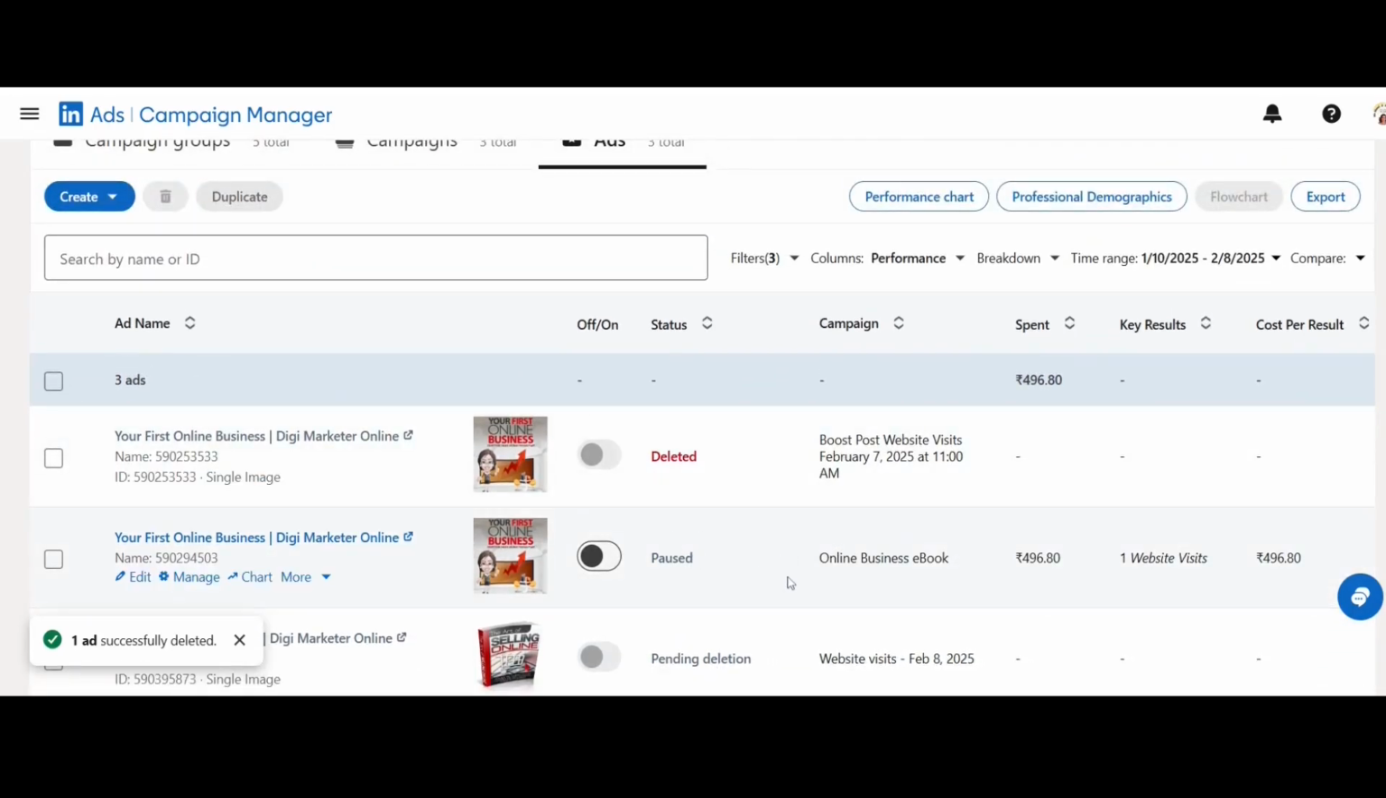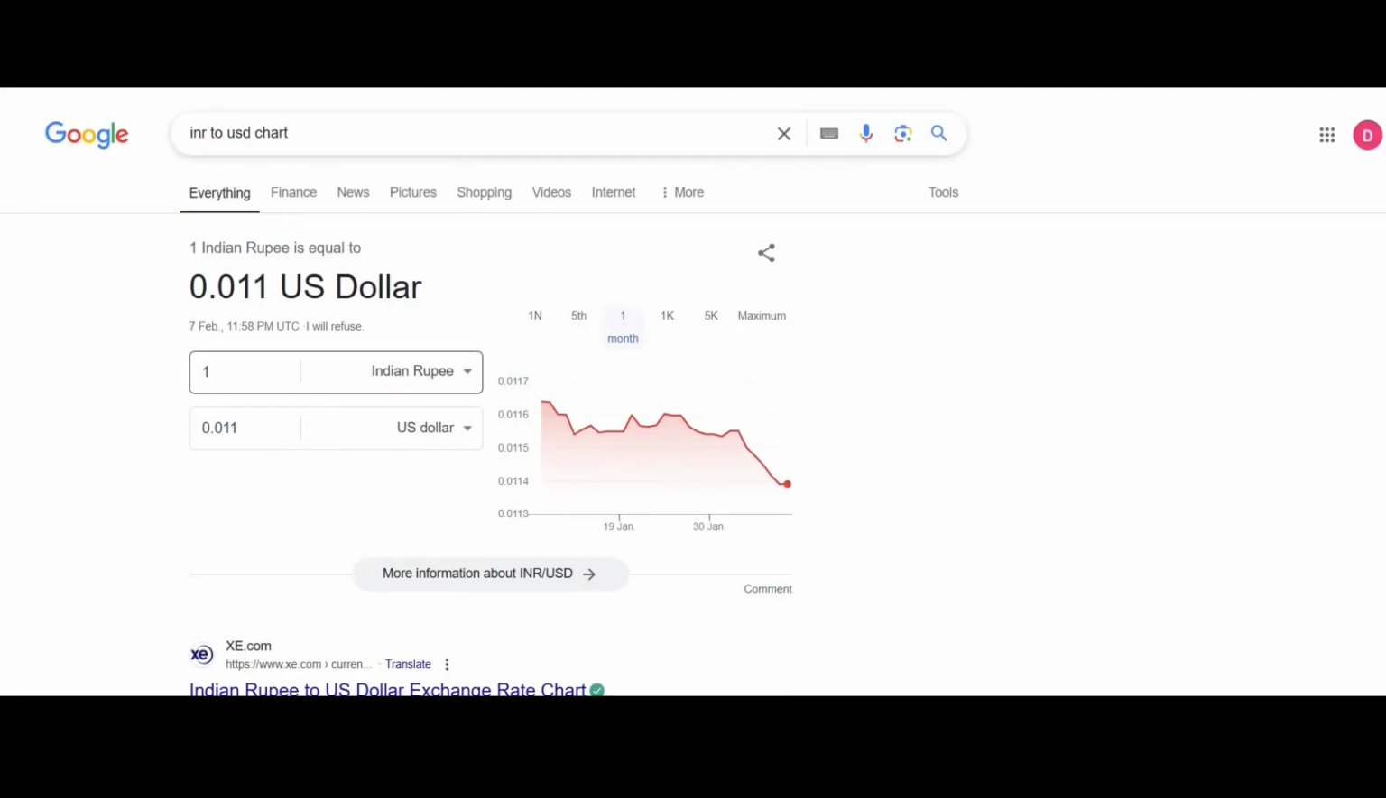So if you see here, I had launched this ad and it took 496 rupees. My budget was 500, and it gave only one website visit. So it has charged me around 500 rupees for one website visit. And that one website visit actually cost me, if you see here, 500 INR, which means around $5.7 US dollars for one website click on LinkedIn. So I don't prefer using LinkedIn ads anymore for promoting my